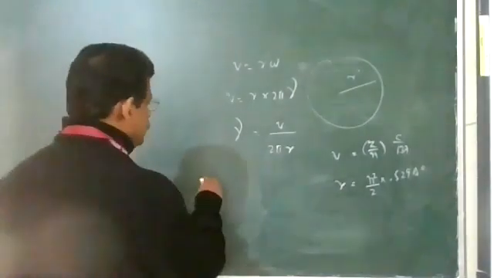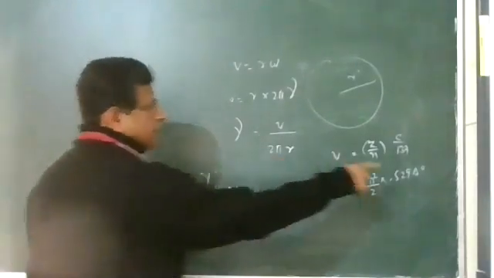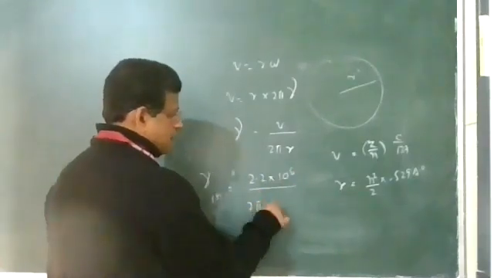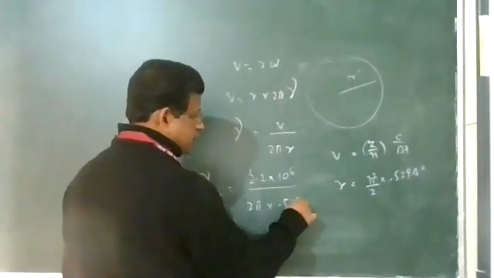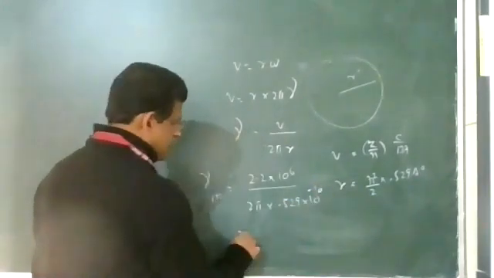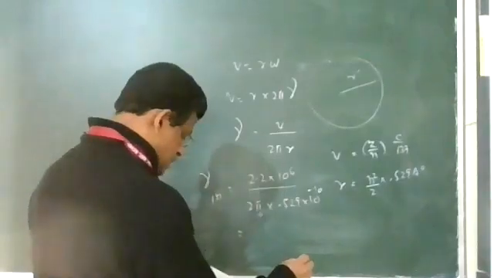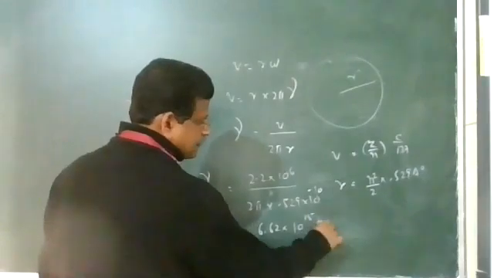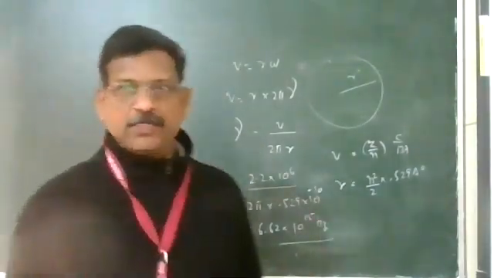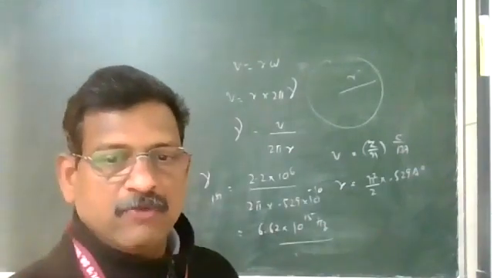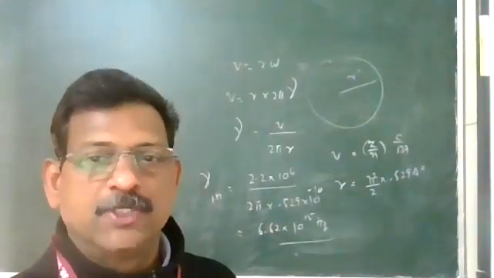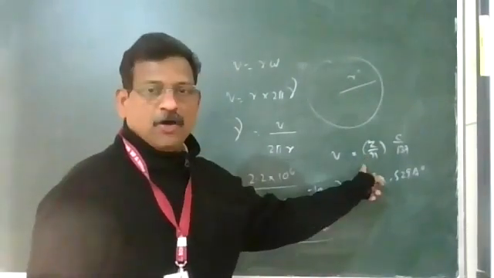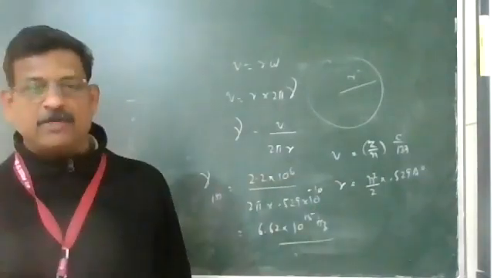So what is the velocity? Frequency of the first orbit is equal to c by 137 divided by 2 pi into the r value of 0.529 angstrom. Simplify the value and you will get 6.62 into 10 to the power 15. So you can calculate the frequency of revolution of electron in any Bohr's orbit. Two general equations are given to you: radius equation and velocity equation, and frequency you can calculate accordingly.